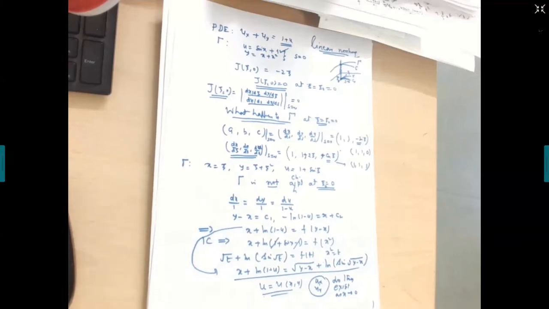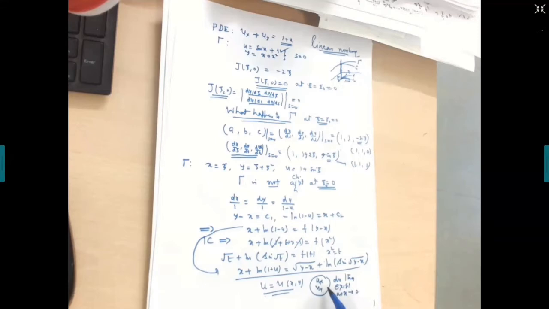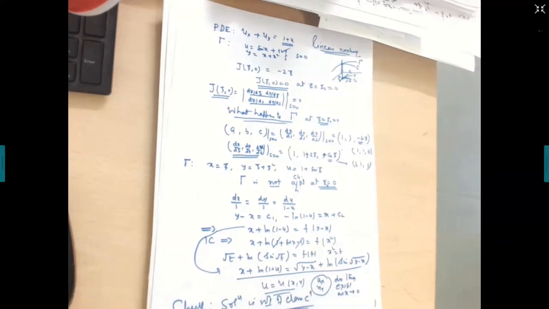The solution is continuous, but the derivatives do not exist. So we check that the solution is not of class C1. So this is what the result was. The final conclusion is that a solution may exist, but no C1 solution exists. That is, somewhat less regular solutions might exist. Less regular solution means the solution is continuous, but it is not differentiable. So we are going to deal with such solutions.